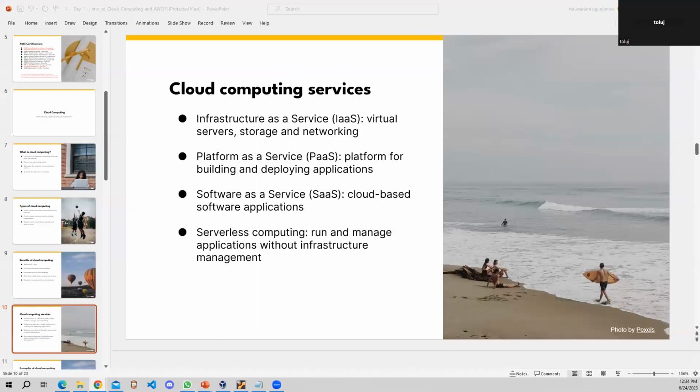Now, let's talk a little bit in regards to cloud computing services. We're talking about the different types of services that we do have within cloud. There are typically 4 options when it comes to this. You might have your